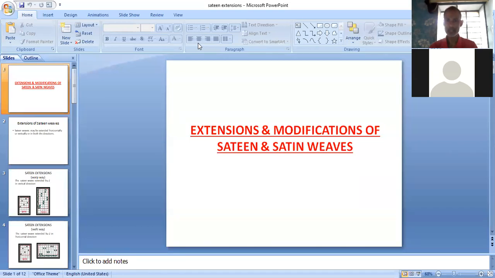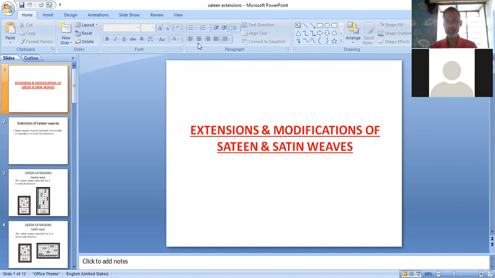Today we are starting a new topic. Already we have done 3 basic views, named as plane, 12, 13 and 13. Then we have taken extensions or modifications of plane.